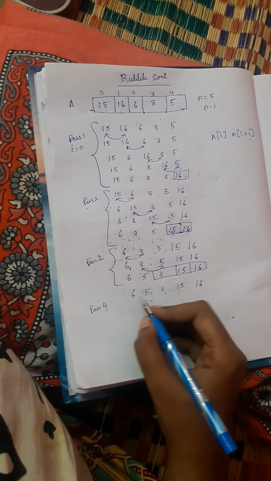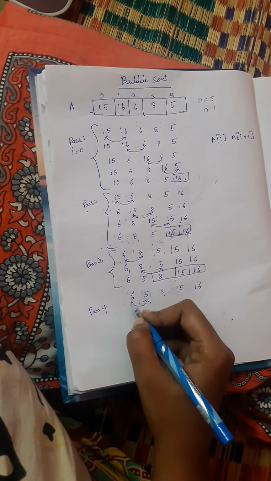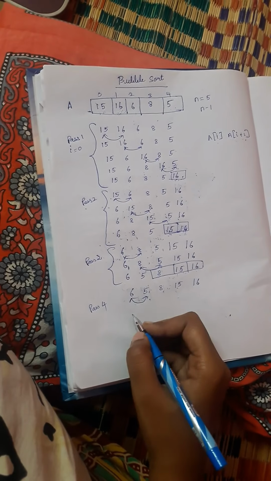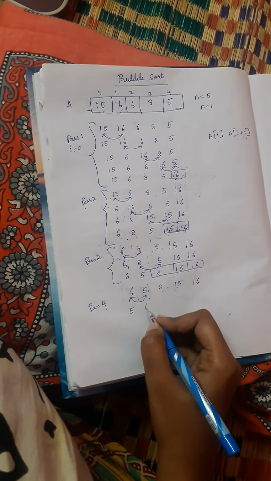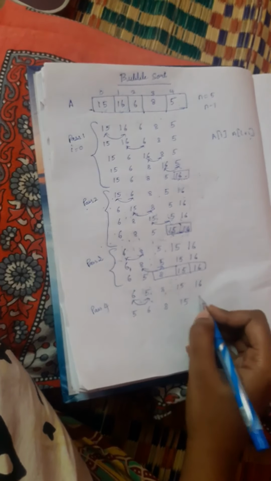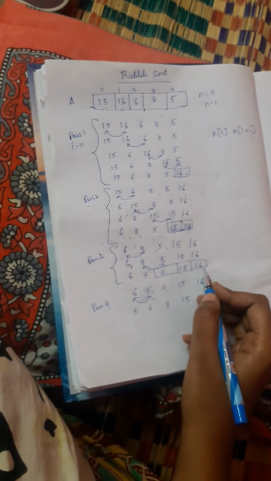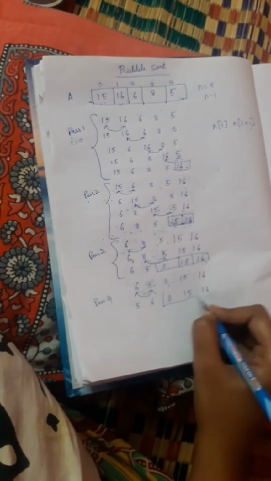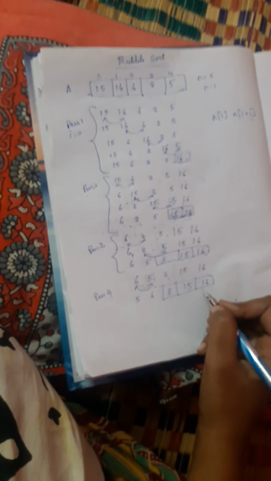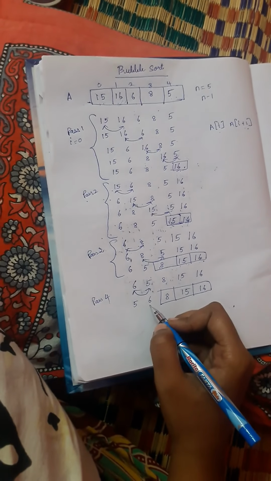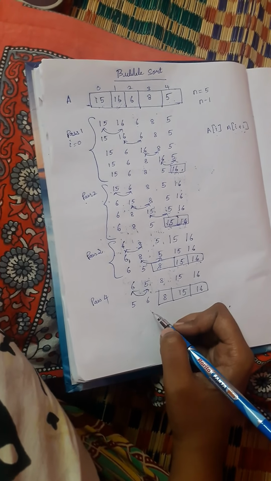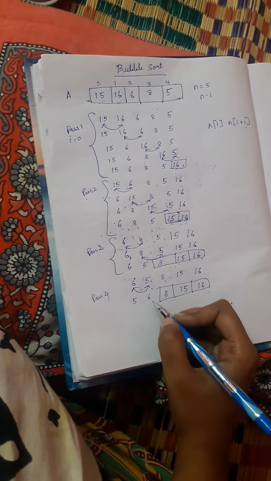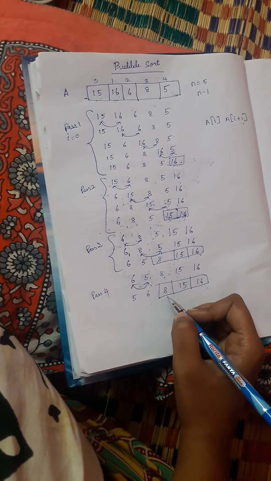Now you see, the first 2 elements we are going to compare. 5 is smaller than 6, so I am going to swap these 2 elements. I am writing as 5, 6, 8, 15 and 16. In the previous step, which 3 elements were already in sorted order? I said 8, 15 and 16. These 3 numbers are already in the correct position. So now I need not compare 6 with 8. Do you understand? These 3 elements are already sorted.